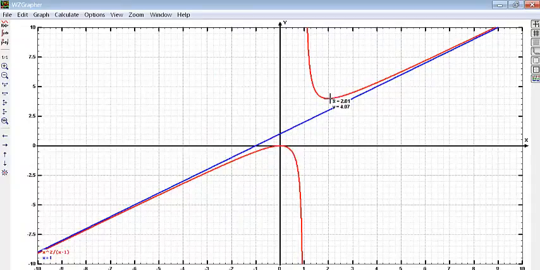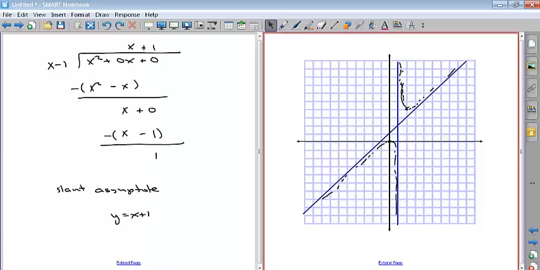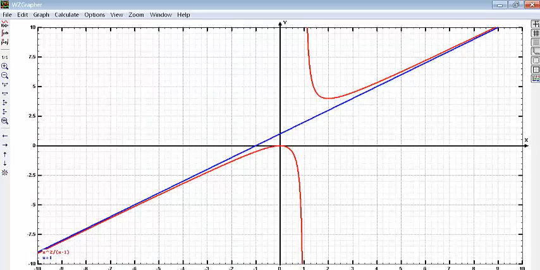Here's the symmetric point. Again, it looks a little different because of the scale that we're using. I'm squishing things up in the x direction, but the intersection of the vertical asymptote and the slant asymptote is right here. So everything's symmetric about